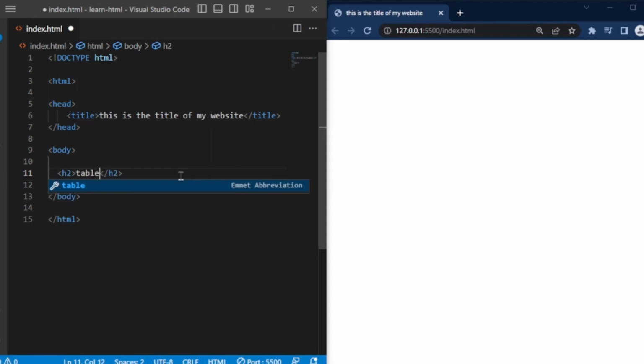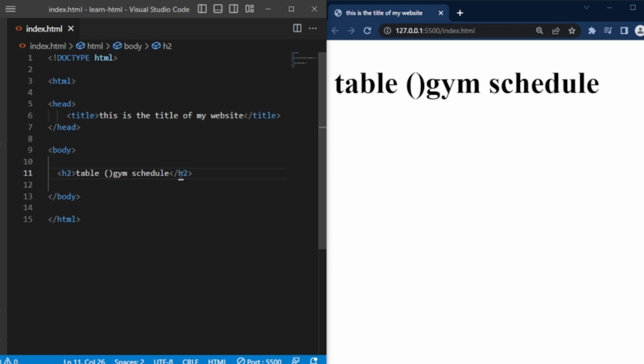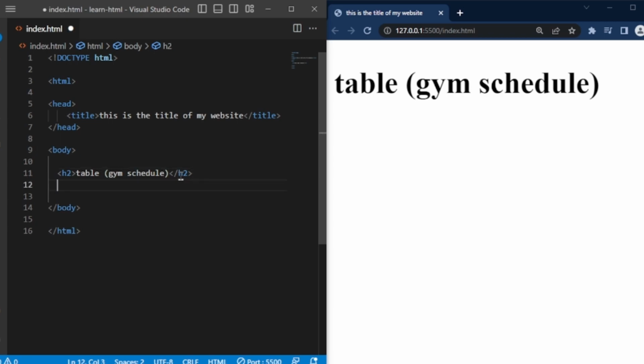In this video, we will learn how to make a table in HTML. Everyone, let's get started with making an HTML table. Imagine we want to create a gym schedule and show which body parts correspond to each day on our website using a table. To do this, we'll use table tags, which include an opening table tag and a closing /table